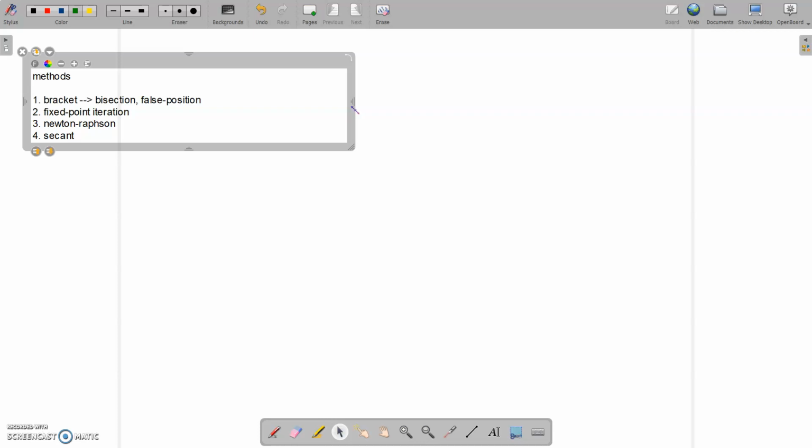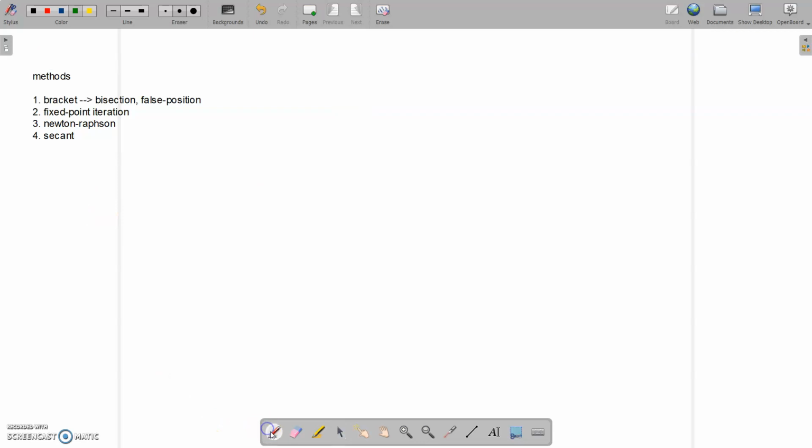Several methods have been developed because some of the methods have some drawbacks, some limitations. To get around those limitations, new methods are developed. Now, for example, what kind of limitation? Say, for example, in the bracket method, when you are trying to apply it,